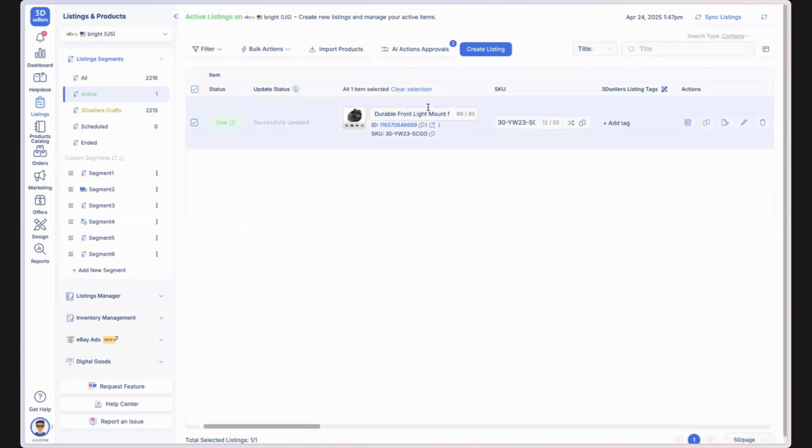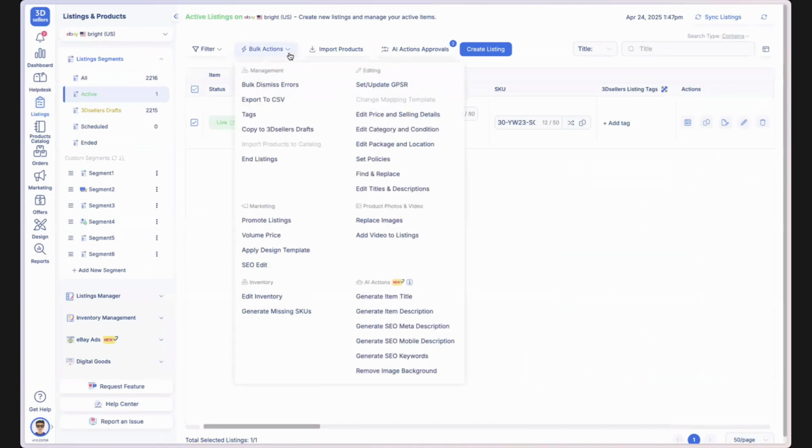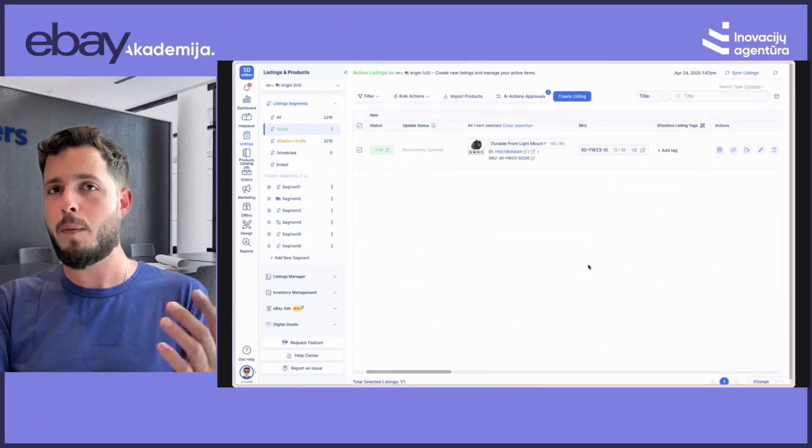Now it's done, now it's affected on eBay. So this is in terms of SEO, and you can do it to all of your stores in bulk, in thousands. Very, very nice tool. You can also, of course, remove image background with AI, but this is the main tool that I want to focus on, because this really gives an edge in terms of SEO, especially if you are a beginner